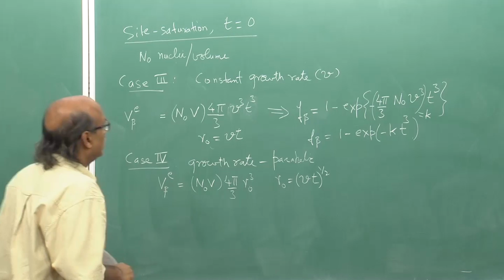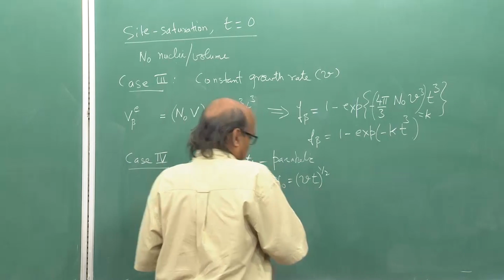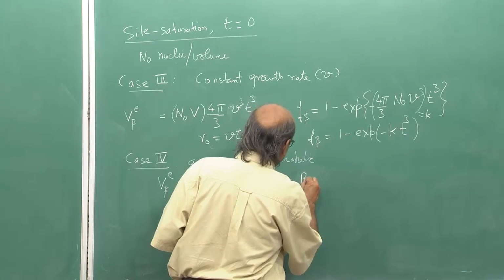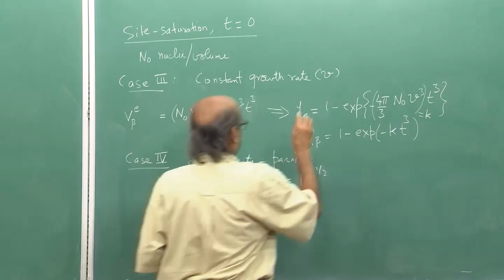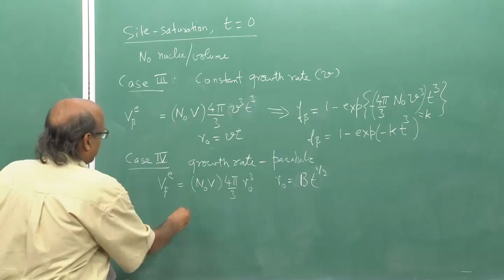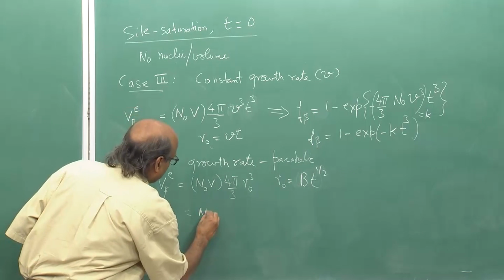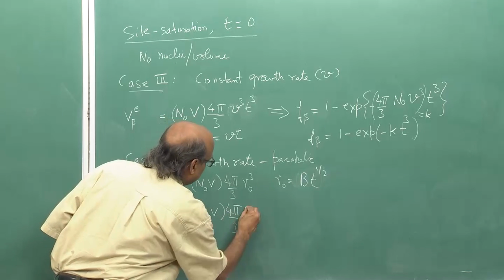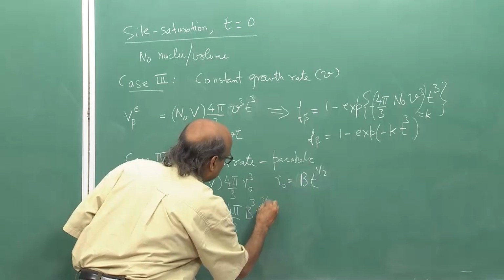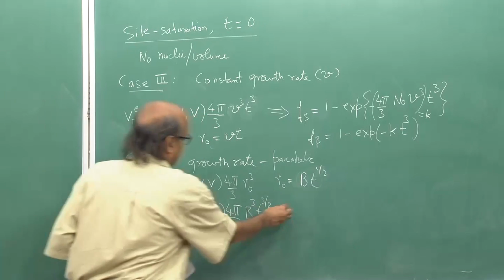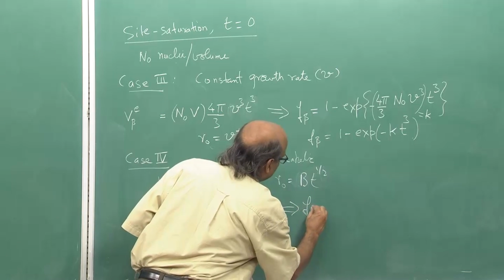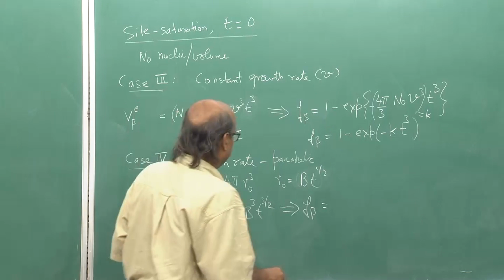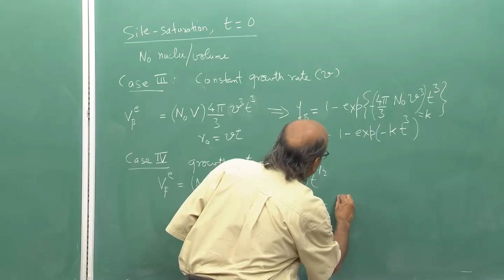So it is following square root of time, or rather this should not be V at all, we can just put it by some constant B T to the power half. Substituting this in R0, one will get N0V 4 pi by 3 B cube T to the power 3 by 2, and from this now the fraction beta transformed at any instant of time t is given by